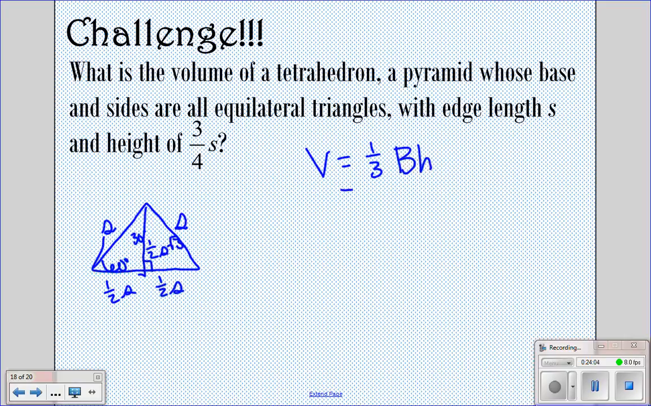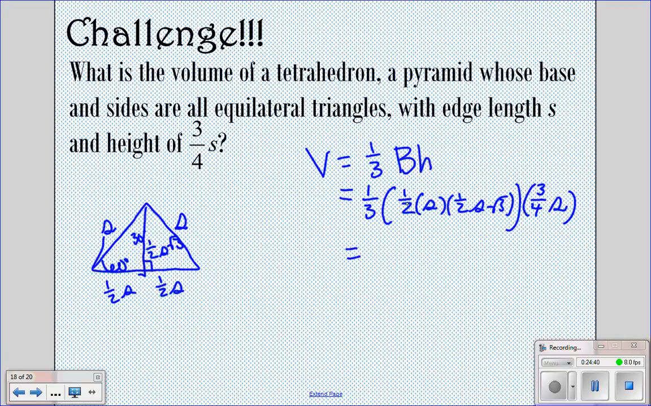So to find the area of that base, we can just do the area of a triangle. So 1/2, the length of the base is S, and then the height is this 1/2 S square root of 3. So I have S and then 1/2 S square root of 3. So that would be the area of the triangle for the base. And then the height, they tell us, is 3/4 S. Okay, so now we have